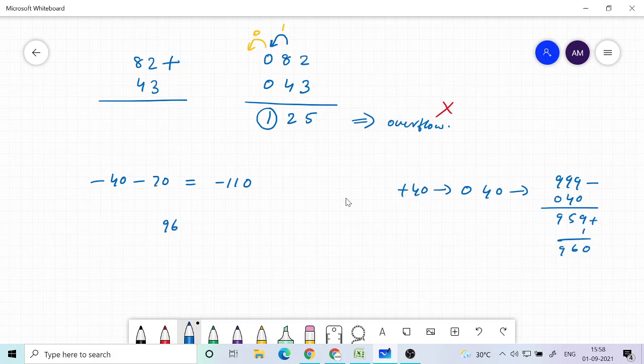Similarly for 70, 070, you take 999 minus 070, which is 929, plus 1, 930. So this is what we are going to add.